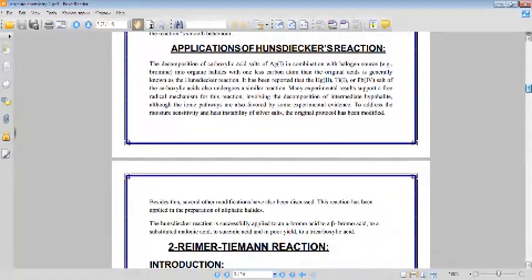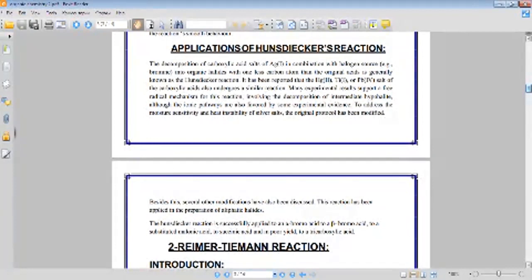The application of the Hunsdiecker reaction is the decomposition of carboxylic acid salts of silver in combination with a halogen source, which is bromine, into an organic halide with one less carbon atom than the original acid, generally known as the Hunsdiecker reaction. It has been reported that the mercury, thallium, and lead salts of carboxylic acids also undergo a similar reaction. Many experimental results support a free radical mechanism for this reaction involving the decomposition of the intermediate hypohalite, although